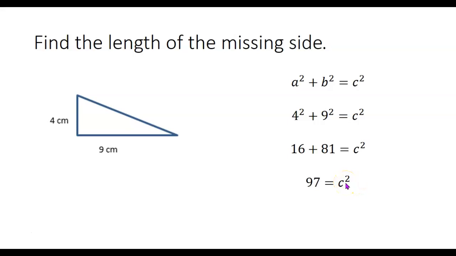Now we do kind of the reverse of what we were doing. We were going from a square root to just something without a square root by squaring. We undid square roots by squaring. Now we're going to undo the squaring by taking square roots. So we're going to take square roots of both sides of this equation. The square root of C squared would just be C, equals the square root of 97. So we went from C squared equals 97 to C equals the square root of 97. And if you get your calculator and ask it what the square root of 97 is,